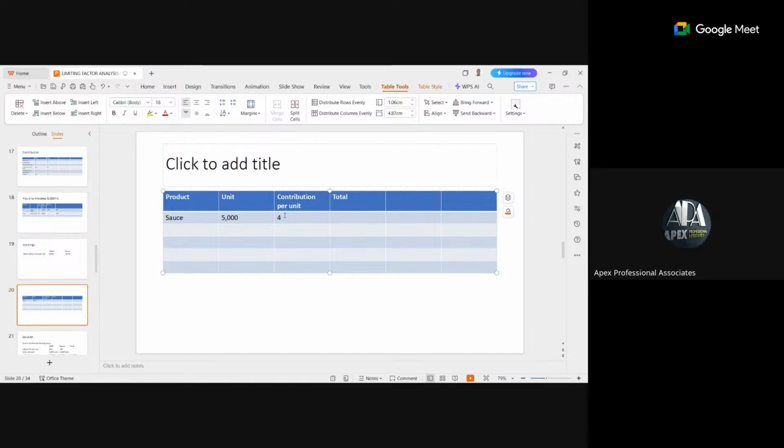So 4 times 5,000 is 20,000. For Mesh, the units produced is 1,500. The contribution is 6. When you multiply this, you have 9,000. So when you sum these up, you're going to have 29,000